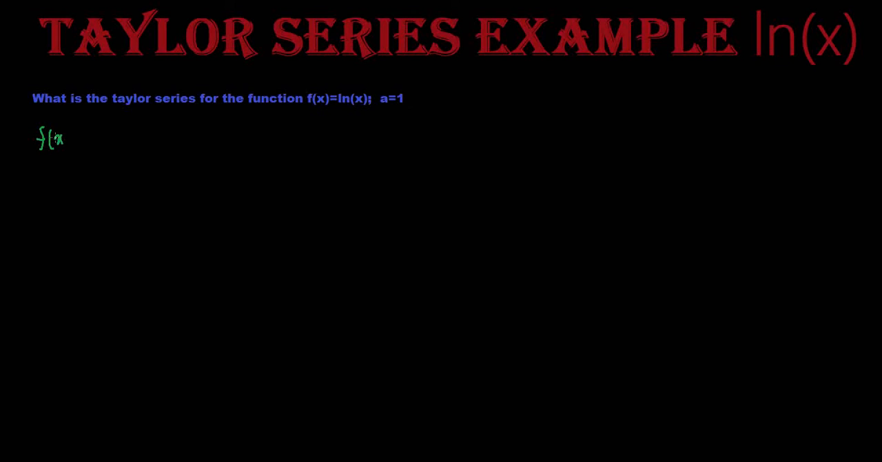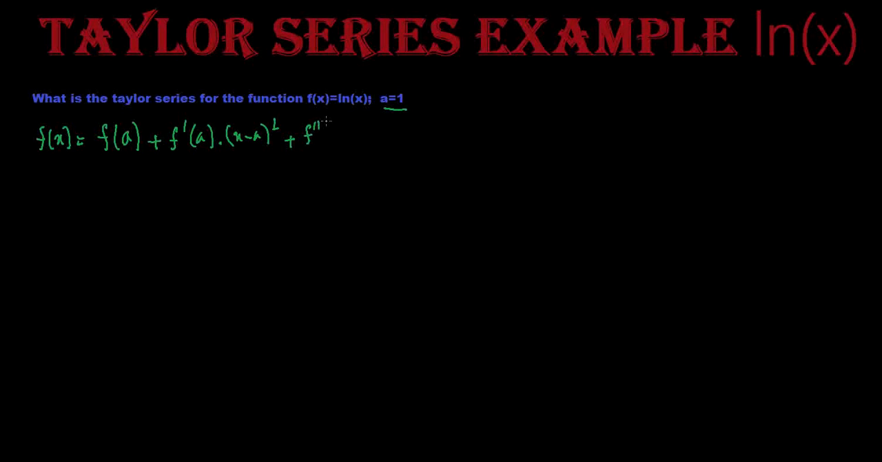So we can write f of x equals f of a, that is, in our case it is 1, plus f prime a times x minus a to the power 1, there is a multiplication here, plus f double prime a times x minus a squared divided by 2 factorial, plus f triple prime a times x minus a whole cube divided by 3 factorial,